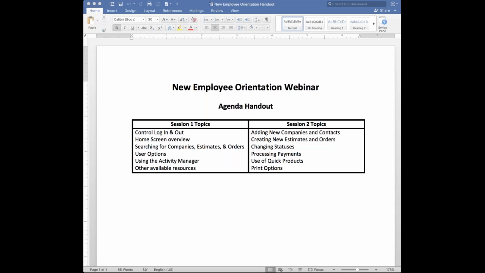This is the second session of the two for new employee orientation. If you recall, on Monday we talked just a little bit about logging in and logging out of Control, reviewed the home screen, talked about searching and finding different things in Control related to companies, estimates, and orders, reviewed a few of the user options that are more relevant to individual users rather than global in nature. Did an overview of the activity manager, and then looked at some of the available resources that are available to